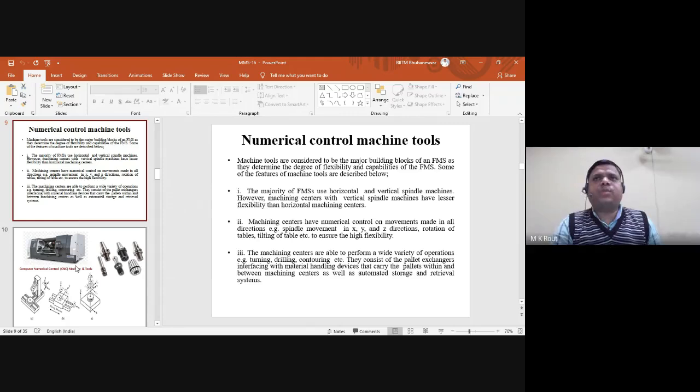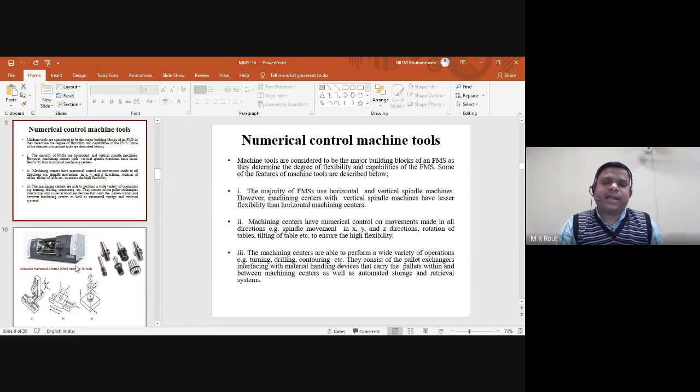As I told, it should move in the X direction, the Y direction, and the Z direction, depending upon the complexity of the job. So this movement is made in all directions. For example, the spindle movement. The spindle holds the machine tools, and the tool should be moved in